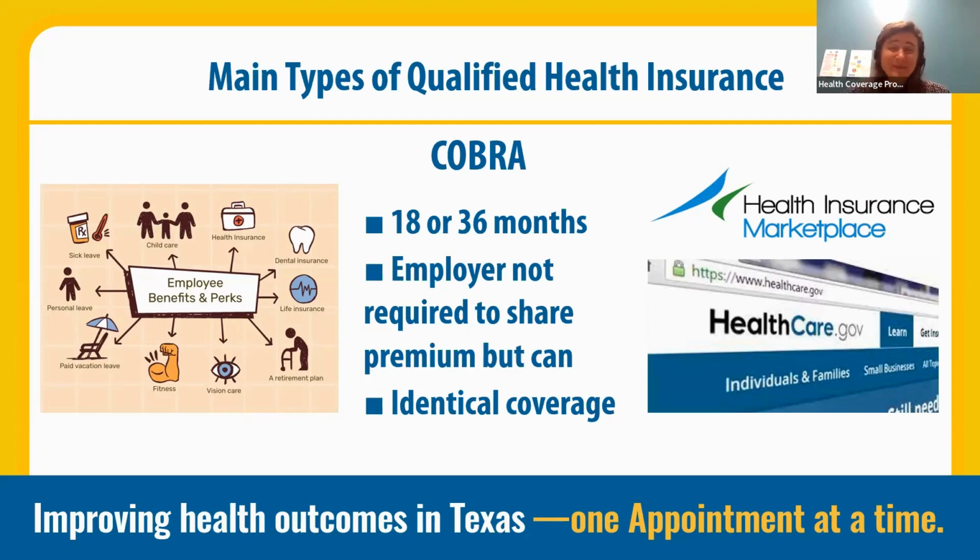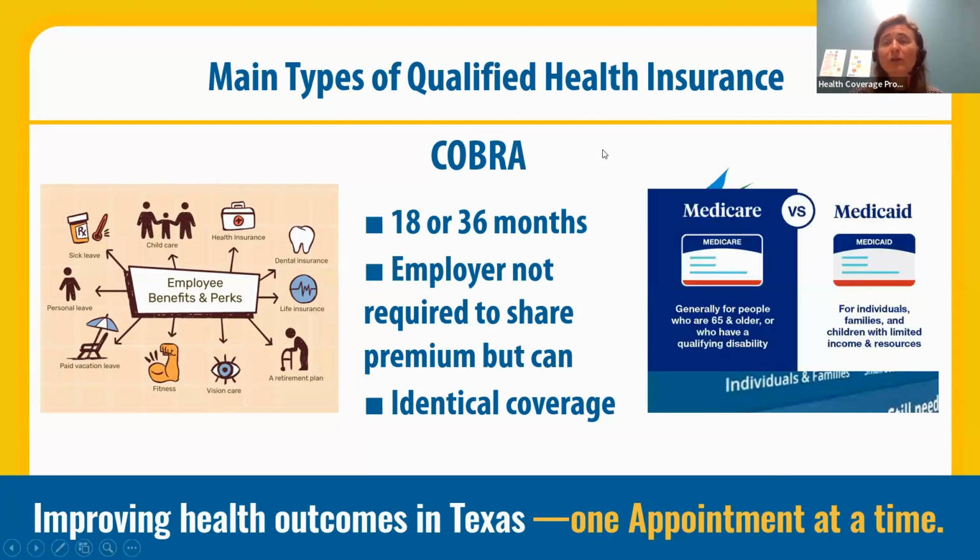But like I mentioned, it's really cool when employers will do that, but it doesn't happen all the time. So for some people, if they lose that $300 or so that the employer is paying, and they're on the hook for $400 per month, then for those folks, sometimes it is more effective for them to go straight from the employer plan over to the marketplace, or in some cases also, depending on eligibility, straight over to a plan like Medicare or Medicaid. So COBRA is a really important policy. It does give people access to continuity of care after they leave their employers. But for some people, a transition immediately after employer coverage is over as soon as they lose that job is necessary, because employers are no longer required to share those monthly premium costs with people.